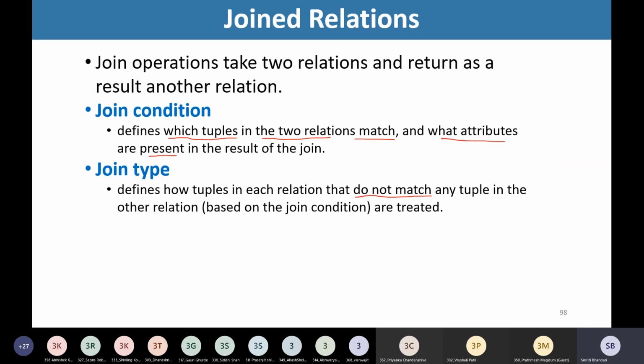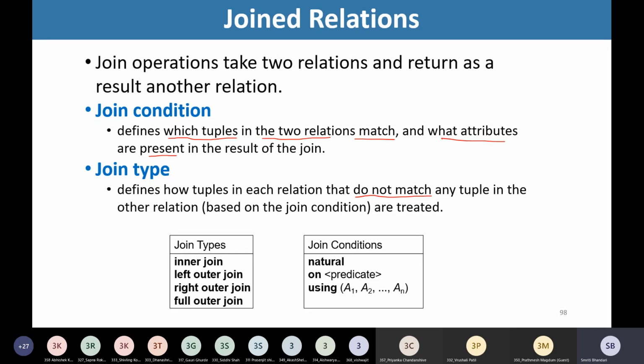So in join operations, we have different kinds of join types and join conditions. Under join types, we have inner join, left outer join, right outer join and full outer join.